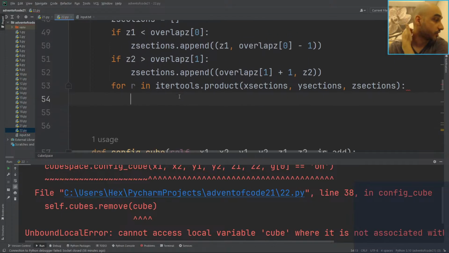Right, so then the cube that is the combination of these intervals will be